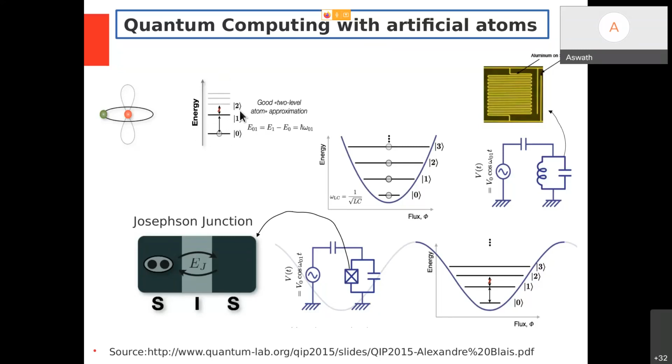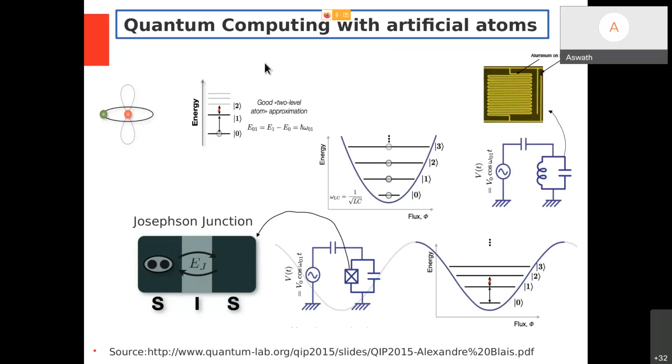Whenever I want to talk between these two levels, whenever I want to send a photon having energy exactly equal to this energy separation, I will be addressing only these two levels. There is no way the information is lost to another two levels, because those levels are not separated by this much energy. So when I choose an atom with two particular levels for an interaction or processing, I am always bound to have only those. That's the one constraint, and it is always the trouble in realizing or mimicking atoms artificially.